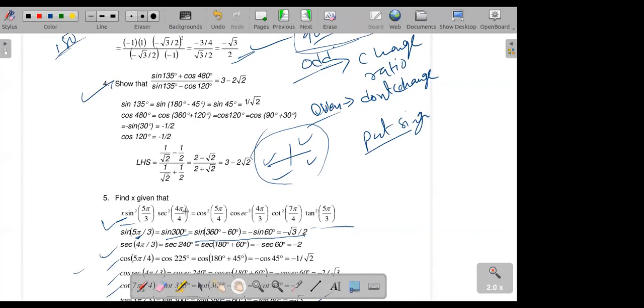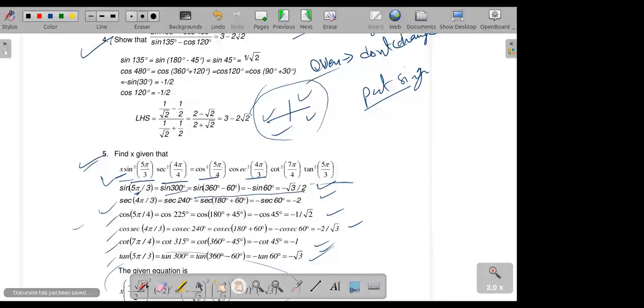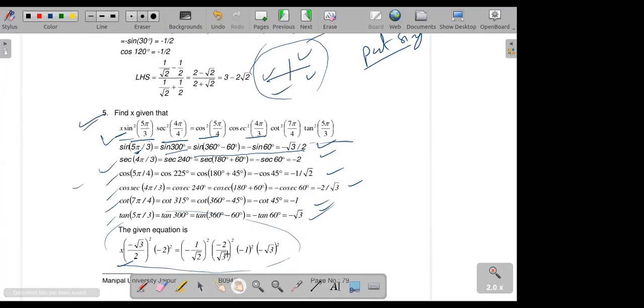There they have given some equation like below. That is not any different thing. You see there 5 pi by 3, 4 pi by 4. With the same strategy, we solve every term just by putting the value of pi and solving as per the rule. So we got all the values. That is the answer, and just put it in the equation and we'll find x.